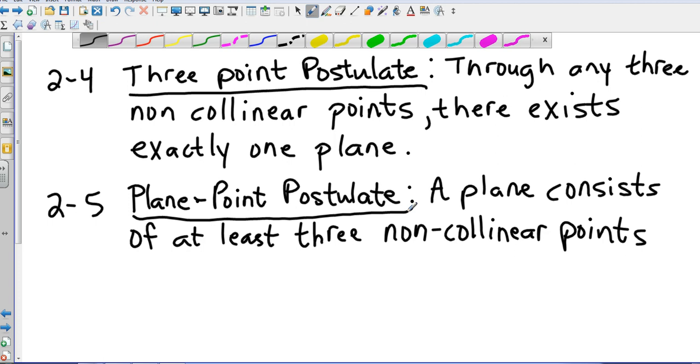Has to be 3, could be more, obviously, at least, so there could be 4, 5, or anything above that. Again, we will take these postulates and just prove facts in our work today. So let's take a look at